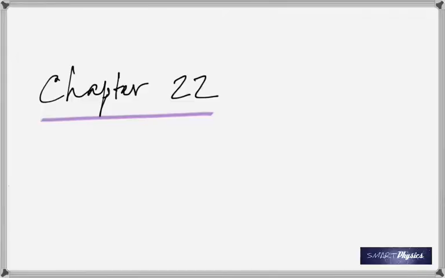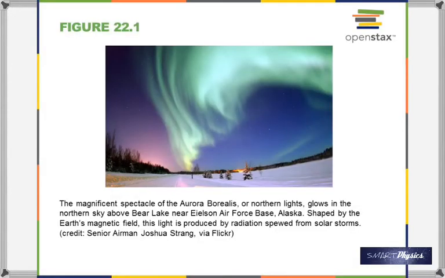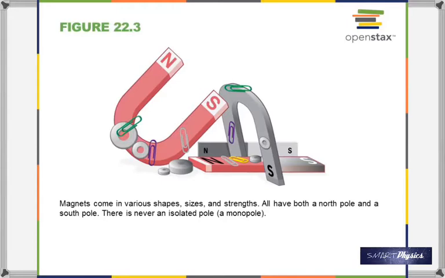Started this chapter on magnetism and talked a lot, and you asked a lot of questions too. So this beautiful effect, what is it called? And this was explained as the charged particles from solar flares interacting with the Earth's magnetic field. Okay. Then we saw that every magnet has a north pole and a south pole, and the poles are at